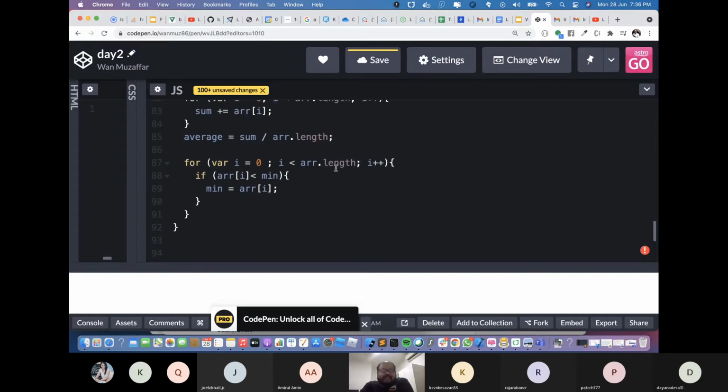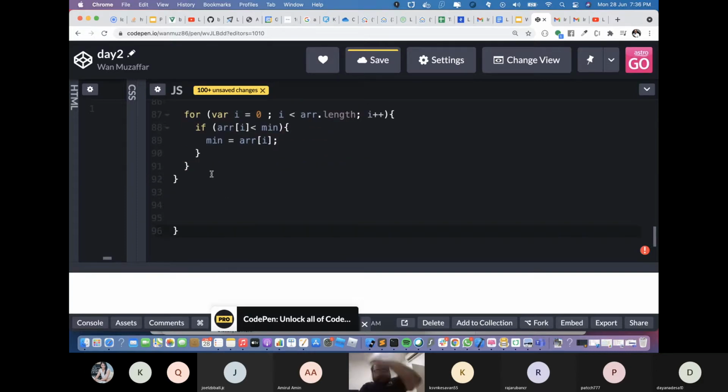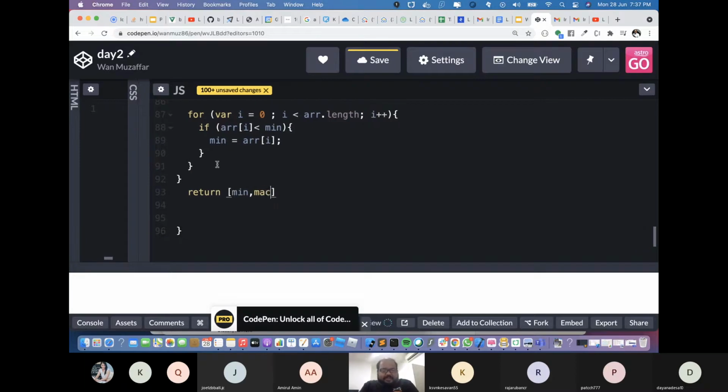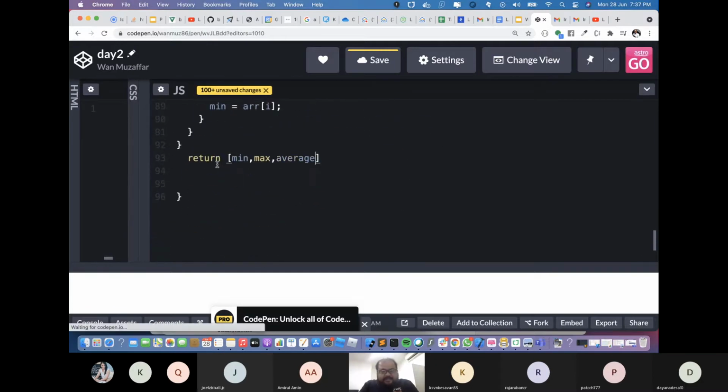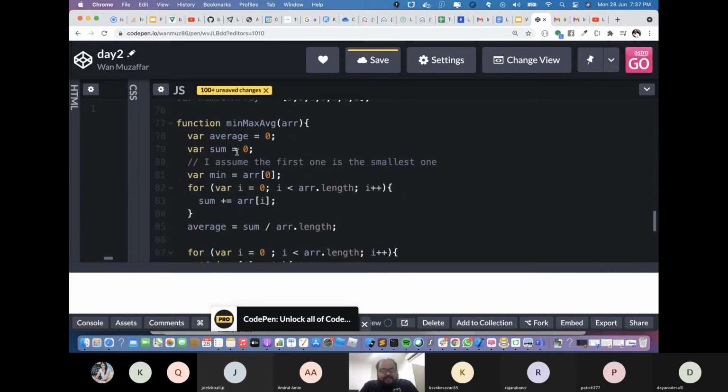Okay, so for min, do you get it? Alright, so what should happen now? You will do somewhere over here, return min max average, but somewhere over here you will do